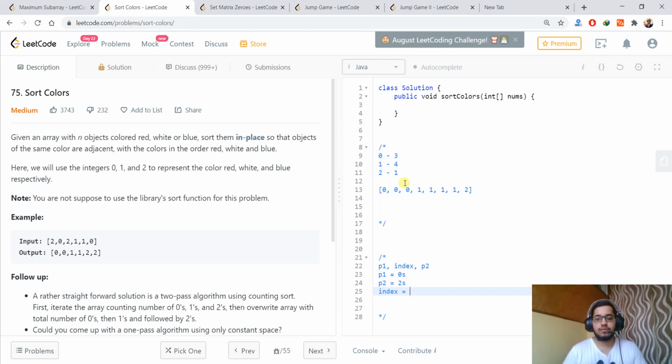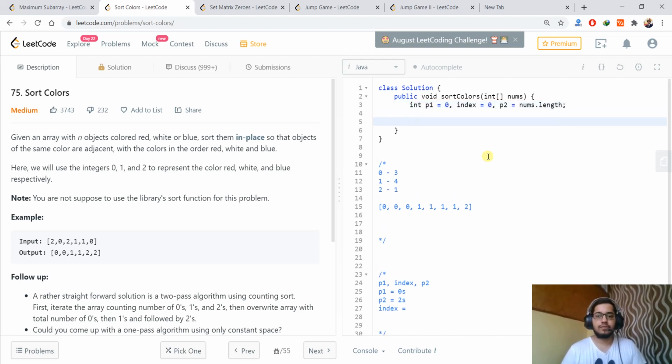So we can start this now. We will have p1 from 0, the index will also be 0, and p2 will be the last index. And now we can iterate.